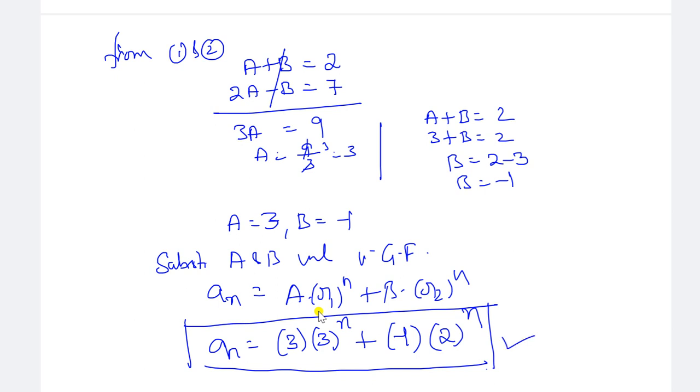Clear? So like this you have to do for second order linear homogeneous recurrence relations if it has distinct real roots. Actually, for second order linear recurrence relations you have to check what the roots are, either distinct real, repeated real, or complex roots. This video is exclusively for distinct real roots. In the next video I'll discuss repeated real roots.